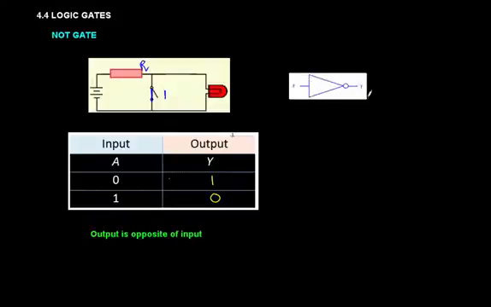This is a symbol for the NOT gate. It's a triangle here with a small circle. So here is A, the input, Y is the output, and using Boolean algebra, this can be represented as a line drawn above A. So that means not A. Summary, the output is opposite of the input. So 0 becomes 1,